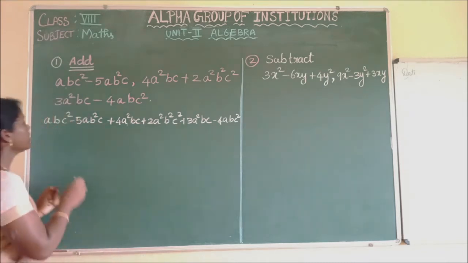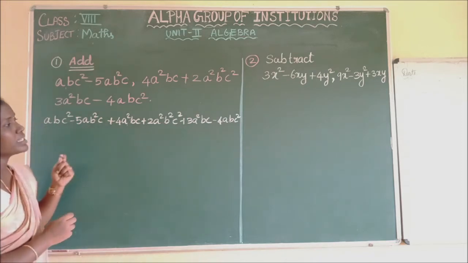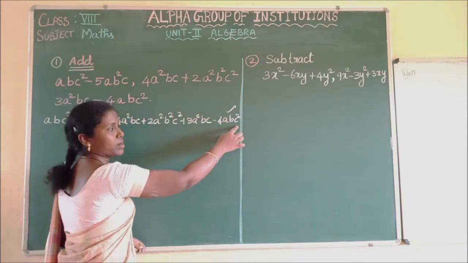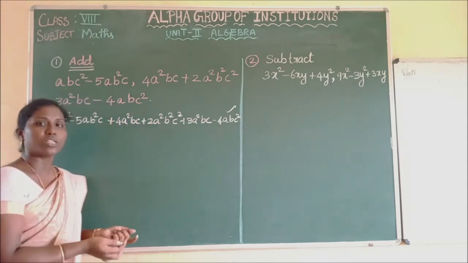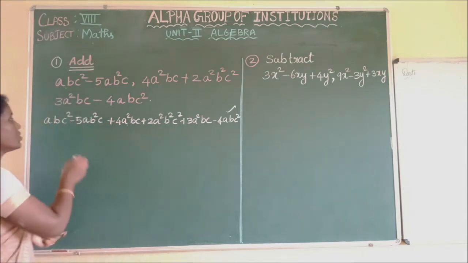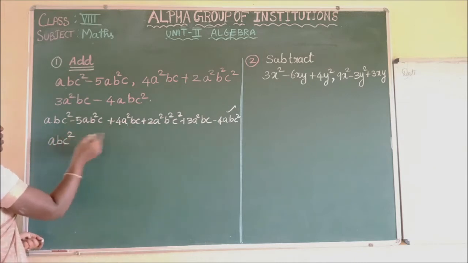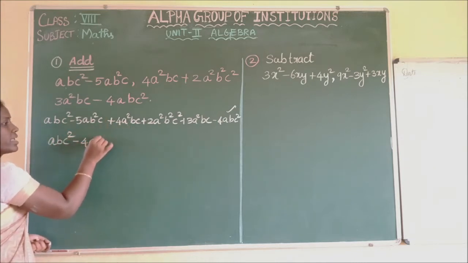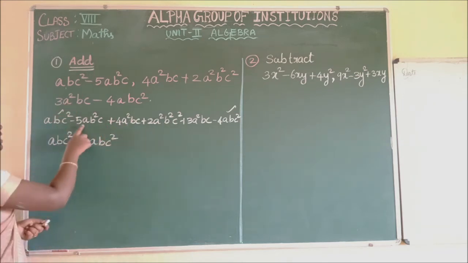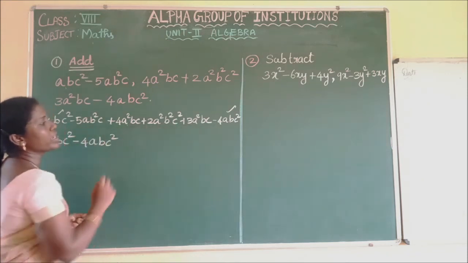We will compare for the first term, abc square. Identify any like term for this abc square. See here, we are having abc square, but the coefficient is 4. I told you no need to check the coefficient, just the variables. So these two terms will be combined. So just rearrange, and then we will add or subtract. abc square, and here minus 4abc square. So these two terms are finished. ab square c, are there any like terms? No, we never have any like term for this.